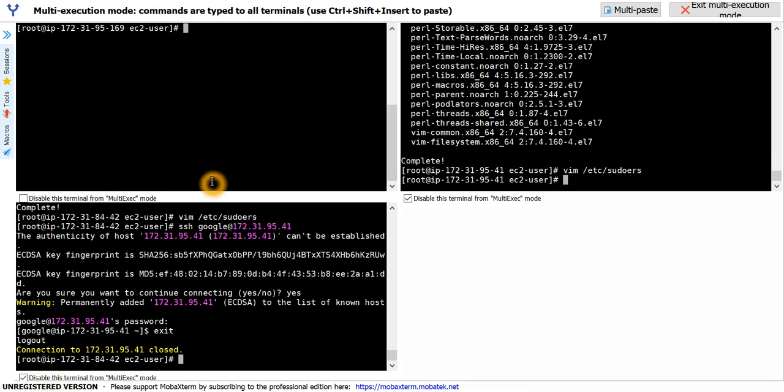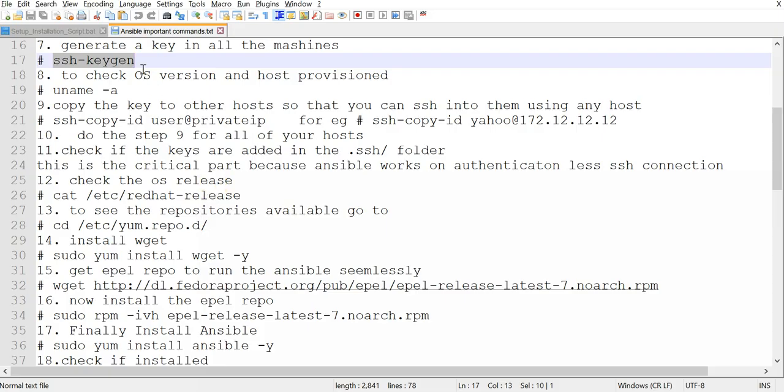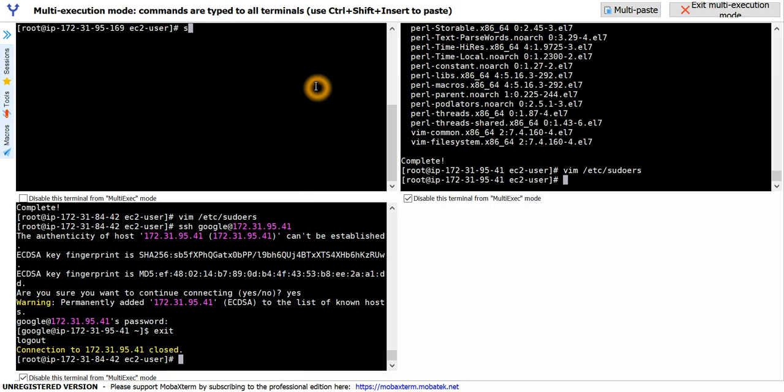Okay, so now I have to generate a key. For that, the command to generate a key anywhere in Linux is ssh-keygen. Okay, ssh-keygen. Make sure to generate the key only in the control server, not in the remote servers. Okay, keygen. Okay, give enter. If the key is not there, it will just ask you, do you want to save it in a